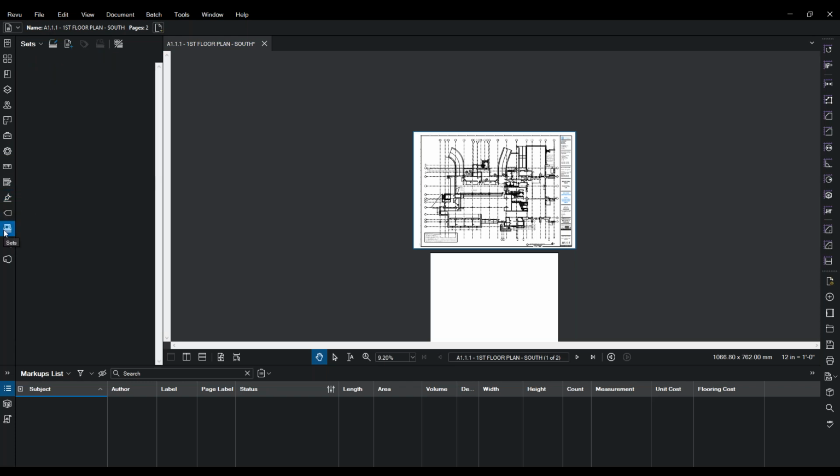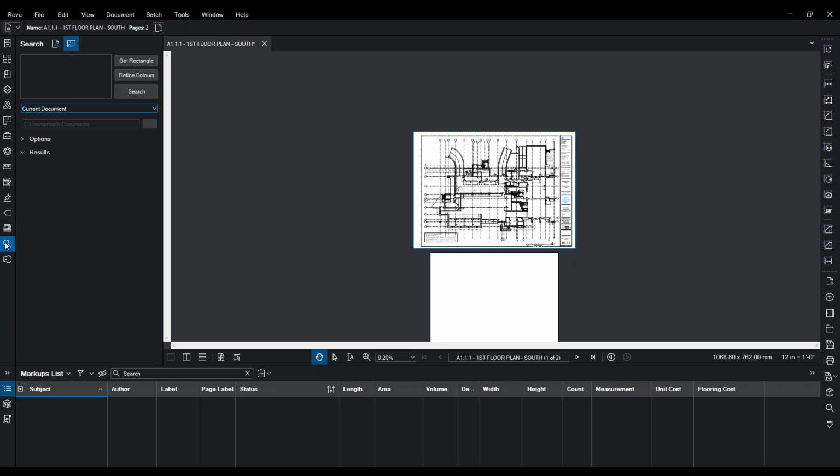You can also, in Revu, we won't be going through this in this presentation, but you can get a whole heap of different PDFs and assemble them together in what's referred to as a set. What that will do is treat all of those different PDFs as one individual set, which means I can export them as one PDF. If a PDF document gets updated, I can swap that out in the set. So that could be a very powerful tool for people who are working, for example, on plan PDFs, but also on